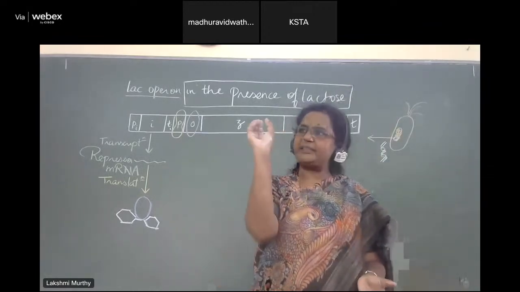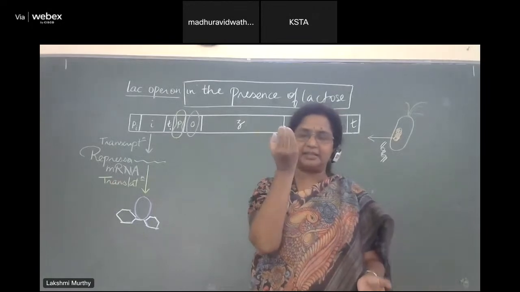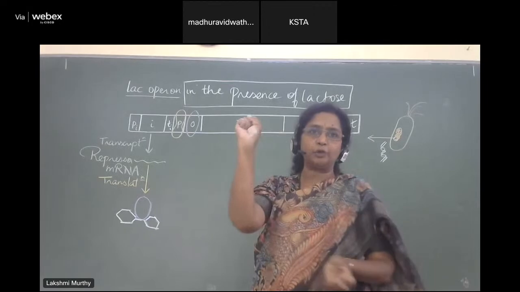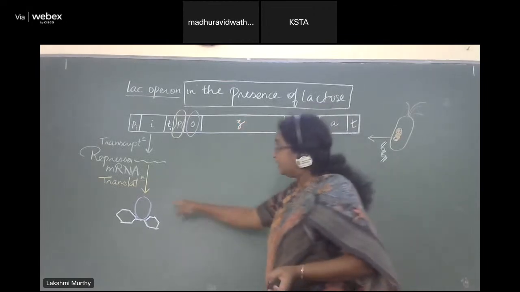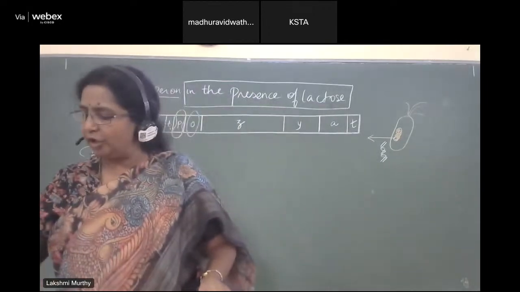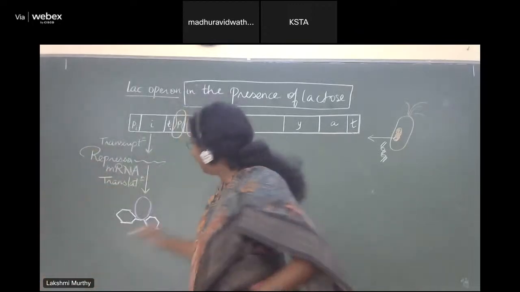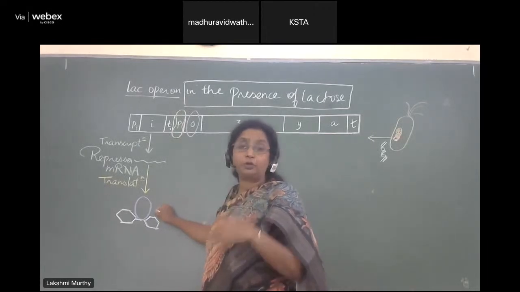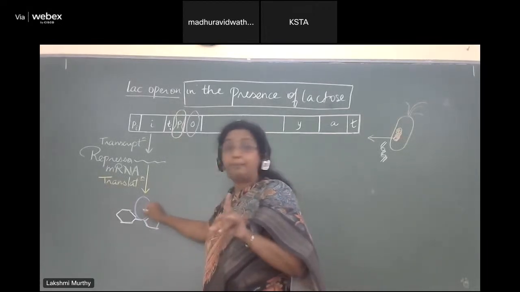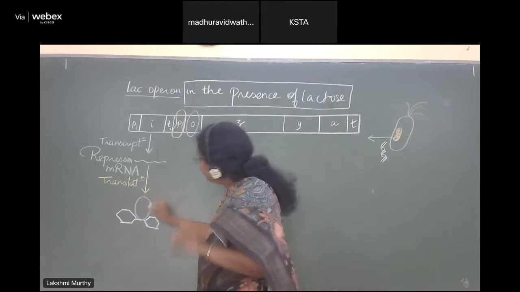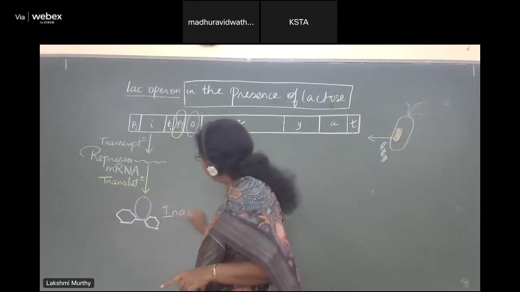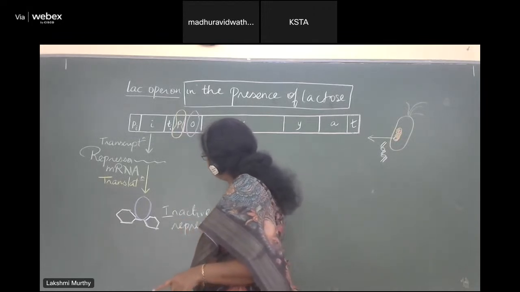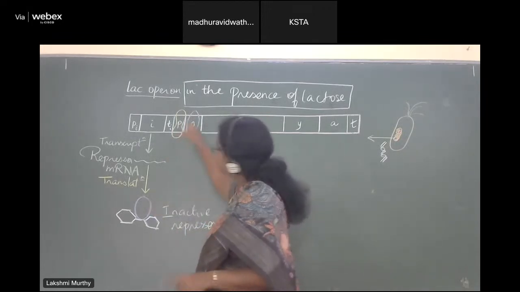So what was present as a clamp like this, the repressor molecule, as soon as lactose comes and binds to it, it will undergo a conformational change. And this particular repressor molecule now cannot bind. So this is a changed repressor molecule. Why did it change? Because lactose bound to it. Therefore, this is an inactive repressor and it can no longer read the DNA nor can it bind to the